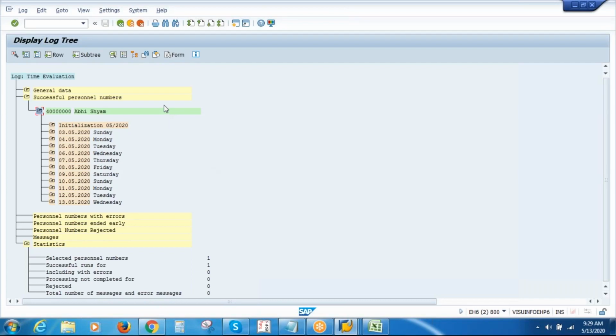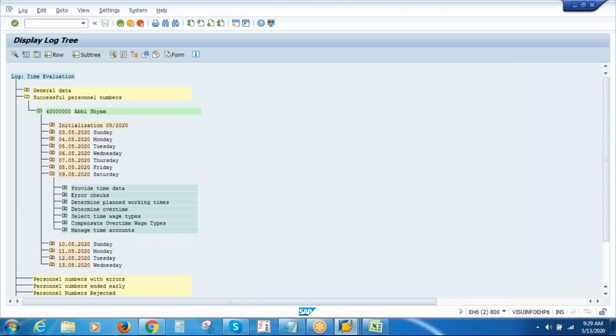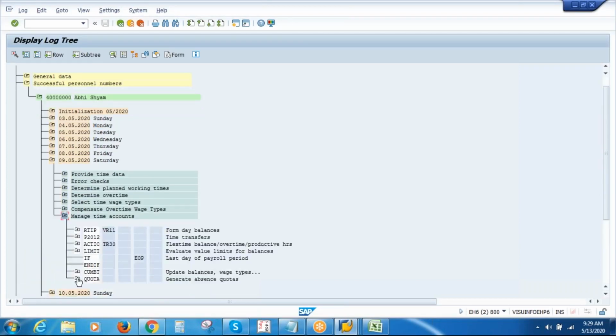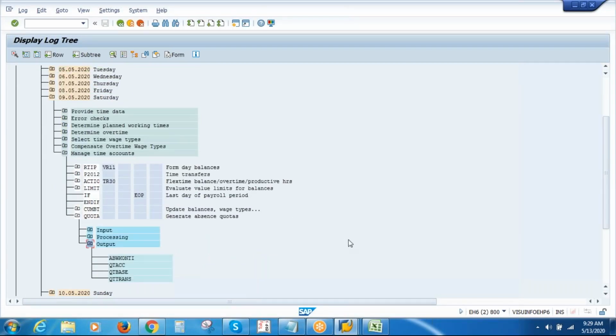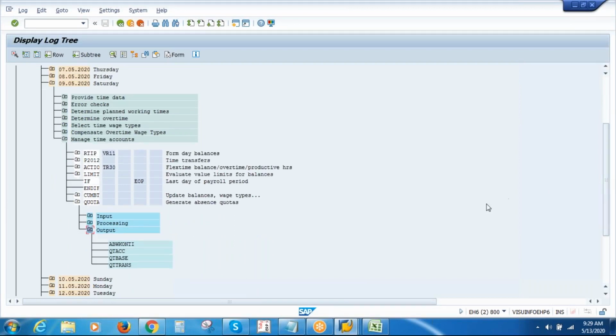So now let me book attendance on a public holiday or day off. What is the day off here? Let us say Saturday is a day off. On Saturday, let me show you something. Go to manage time accounts, go to quota, set for quota. When you go here, there is an internal table called